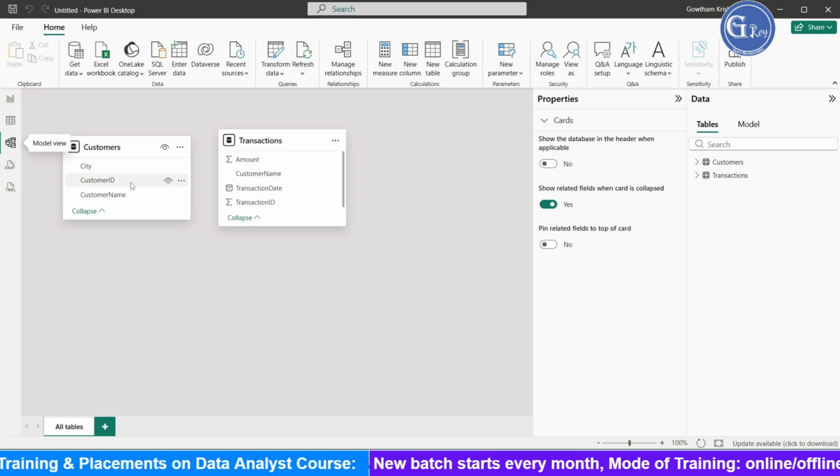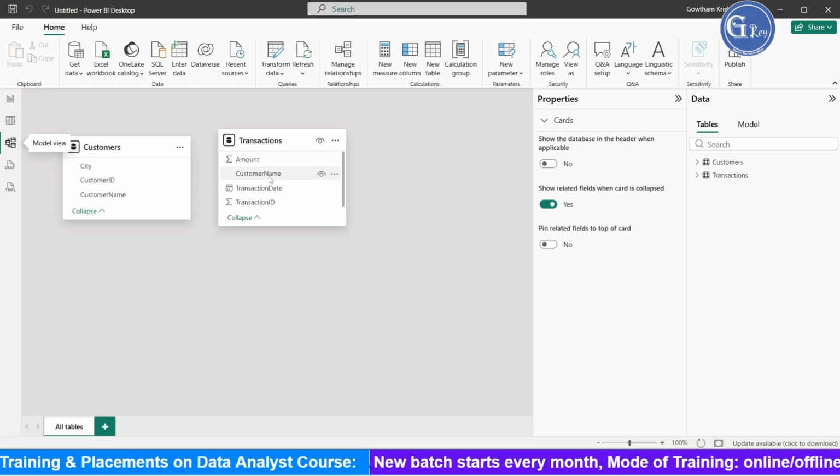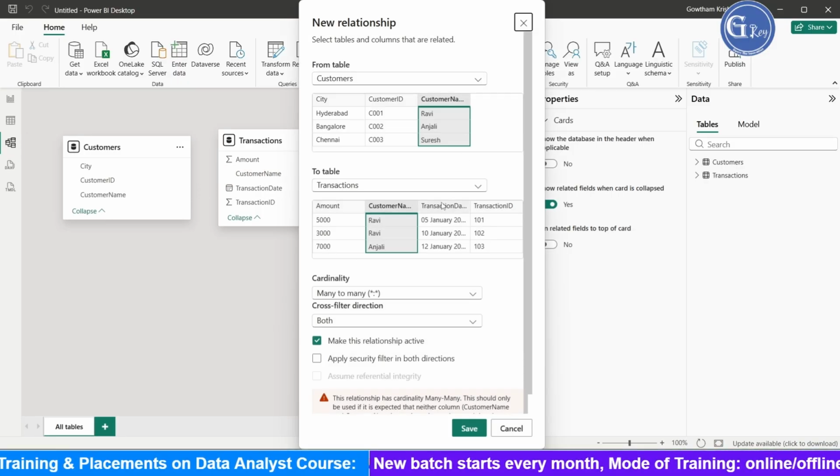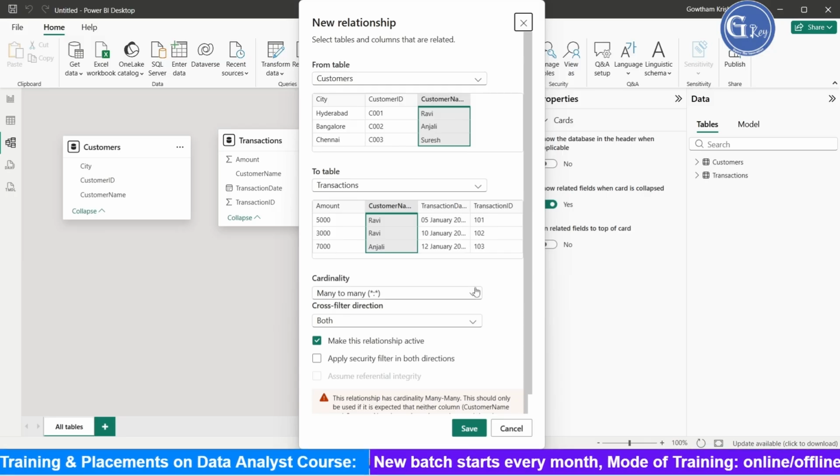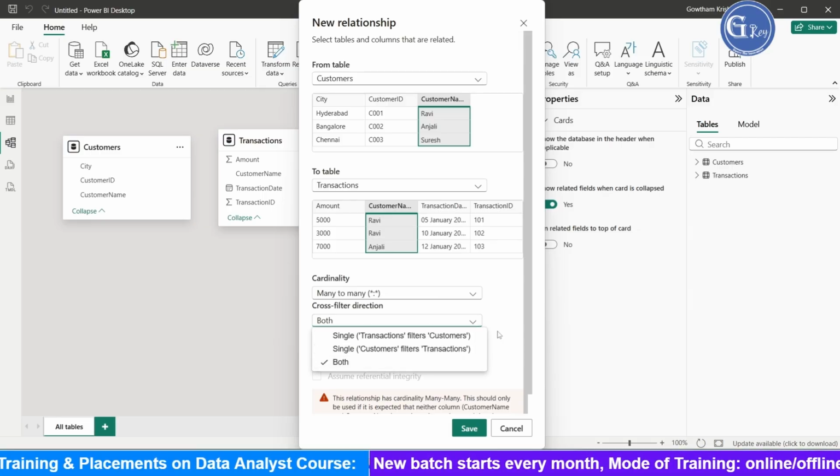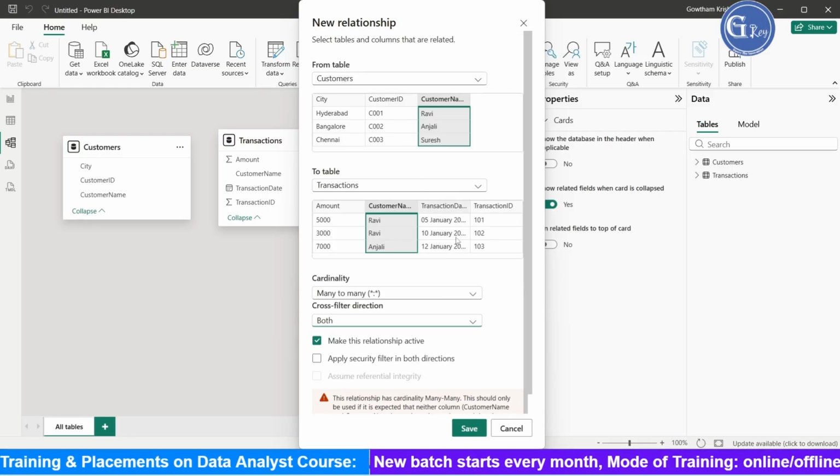See, in the model we have customer name and customer name. These are the two columns. If you try to do this, this is the relationship that I want to establish, many to many relationship, but it won't work. Even the cross filter we have to take both. For the latest versions it is accepting, but in real times